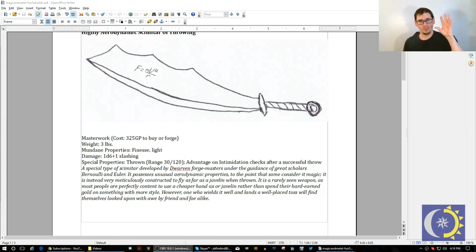As such, while this weapon is not magical, it is masterwork. So it costs an additional 300 gold to buy or forge this. So it basically has a purchase cost of 325 gold. And it weighs about as much as a scimitar would. It is 3 pounds. The major part where its masterwork comes into play is that there's an additional +1 damage